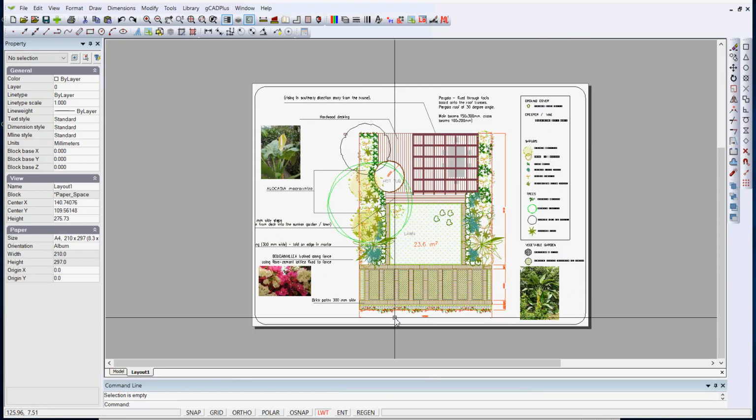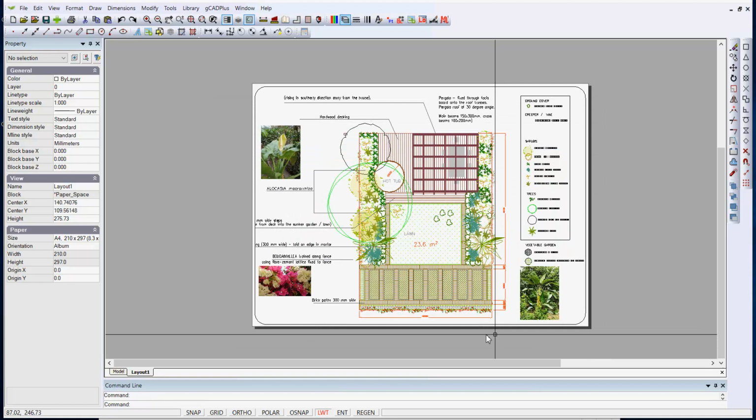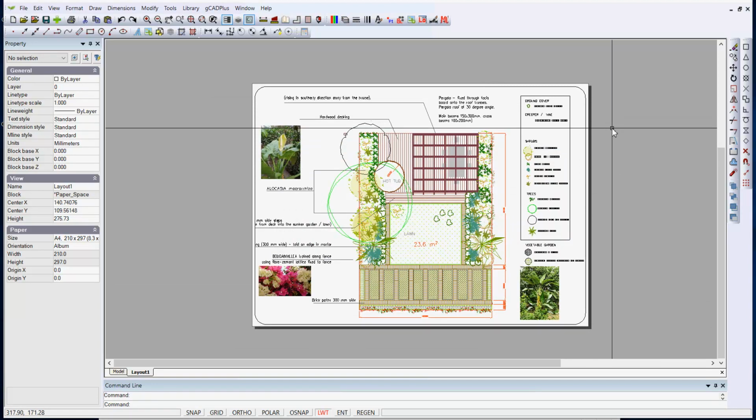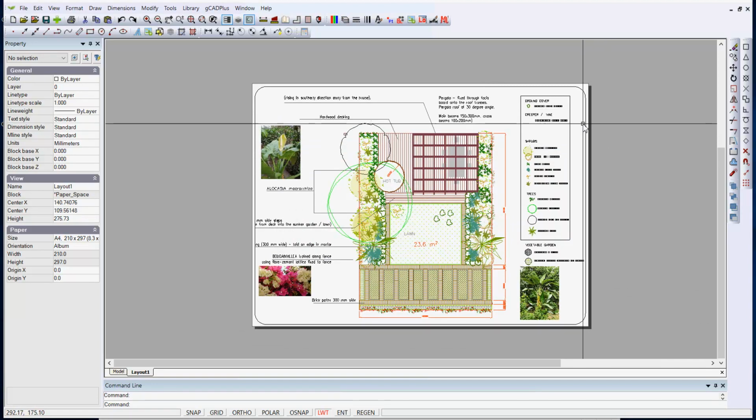So there's our layout. We're now ready to print. We'd probably at this stage want to turn off the dimension layer here. You can do that in two ways. You could go to here and dimensions on a layer L dim, you could turn it off in that way, or what we could do is select the floating viewport here,